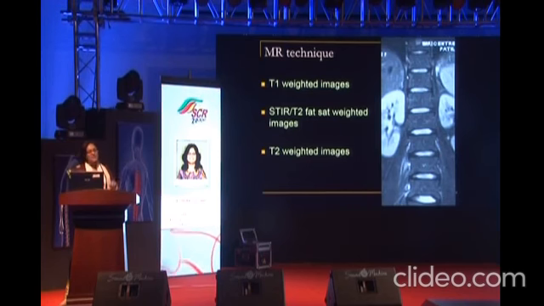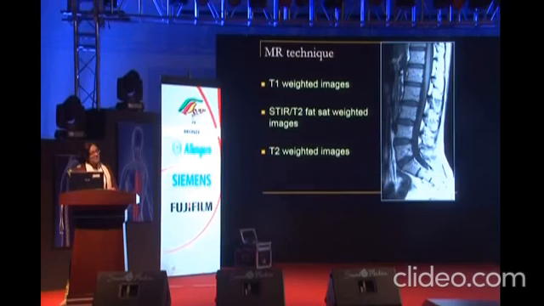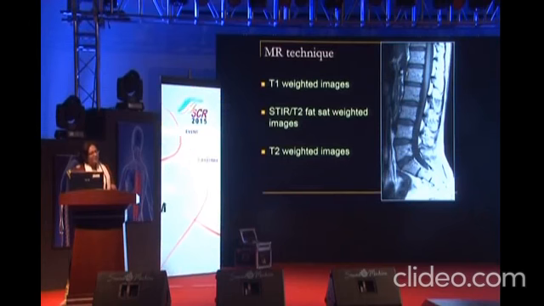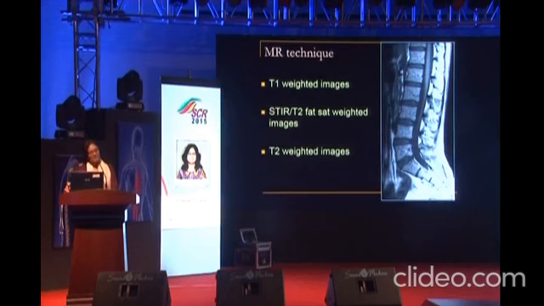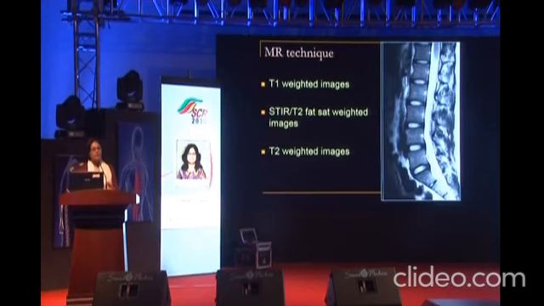But one caveat here is that if you have a sclerotic lesion, a sclerotic mets from prostate carcinoma, it may look dark on a STIR sequence. So when you want to screen for metastasis, you need to do a T1 weighted image for screening, because sclerotic as well as lytic mets will be seen as dark on T1 weighted image. So a combination of T1 and a STIR or a fat-sat T2 is what is needed. Don't go by only plain T2. It's very easy to miss lesions on these.